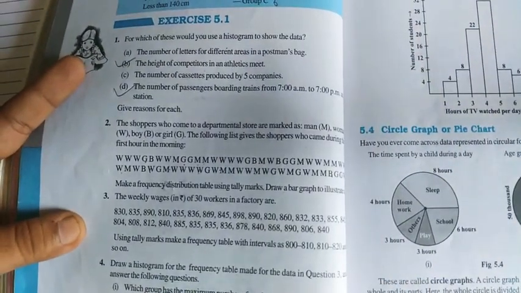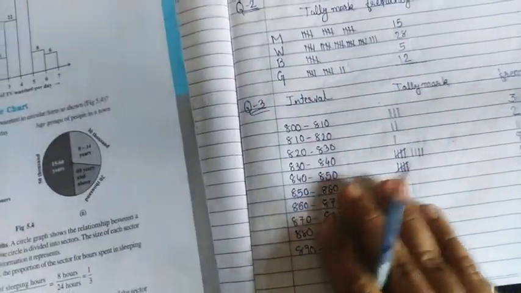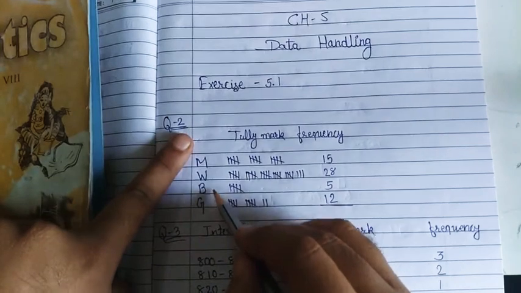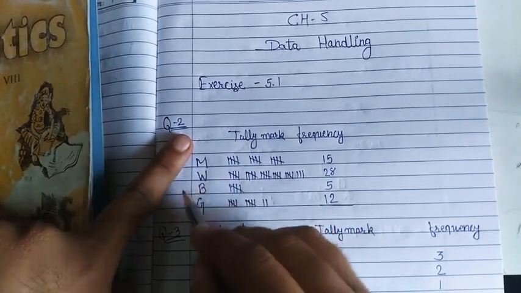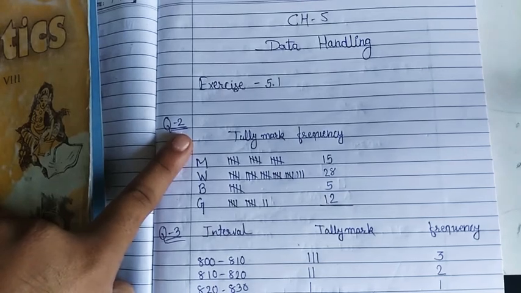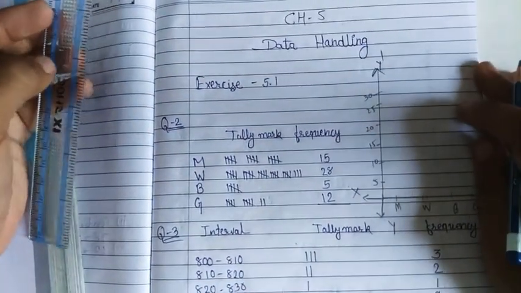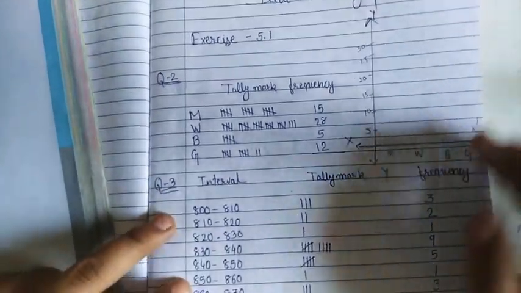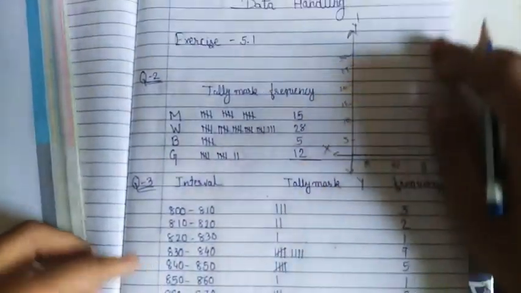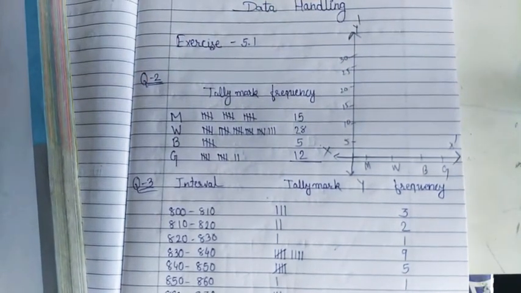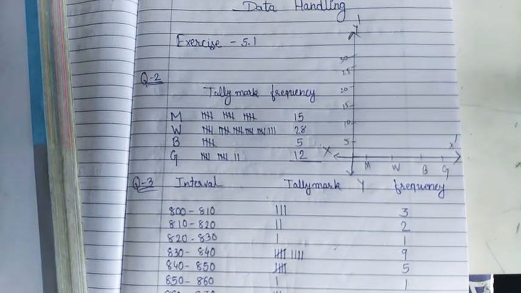Okay, first of all we have to make the frequency table. So here I prepared the frequency table: man, woman, boy and girl. You just count it, we already learned that in the previous classes, you know it very well. So here our frequency table is ready, tally mark is ready. Now we have to draw the bar graph. This way you have to draw the bar graph on your graph paper. Here I just roughly draw it, but you have to draw this graph as a bar graph.